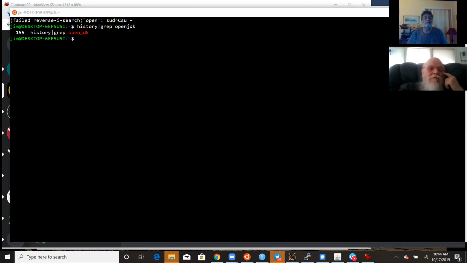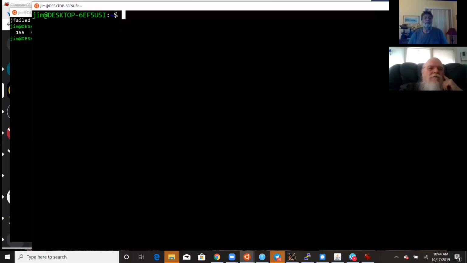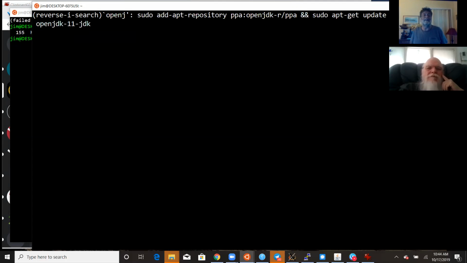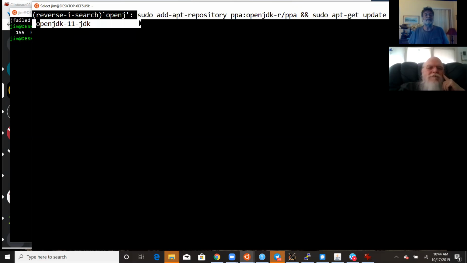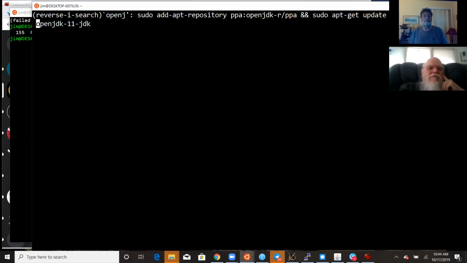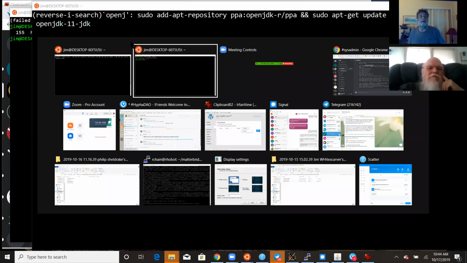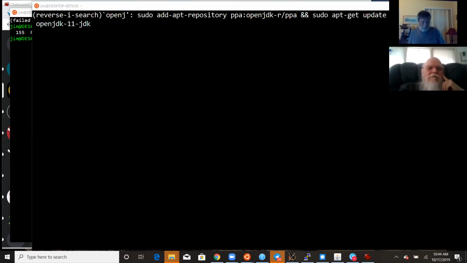So if I run another bash for Ubuntu window here, I do a Control R, openjdk. I got it. Okay, so this is what I want.